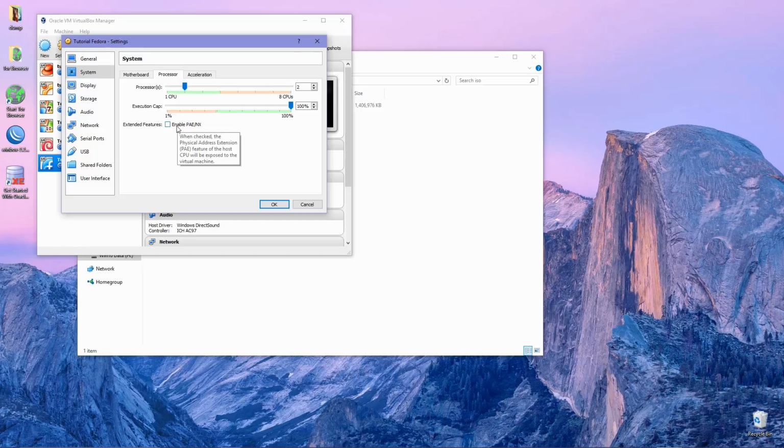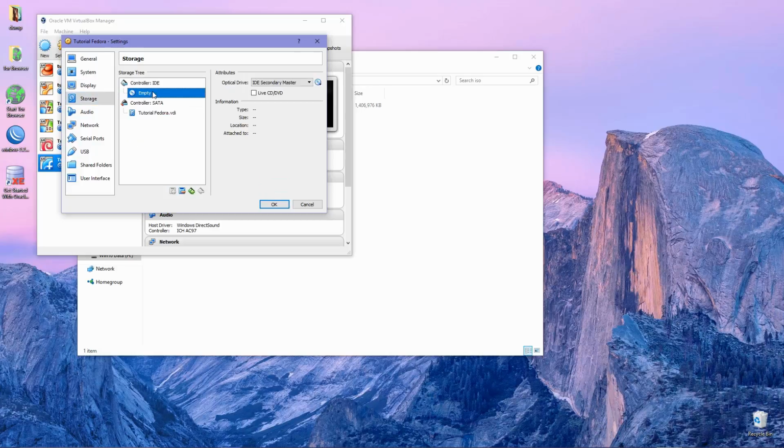For this tutorial I just want to use 2 CPU. Check enable PAE/NX. Next for display, enable 3D acceleration, and for video memory I set it to the max value.